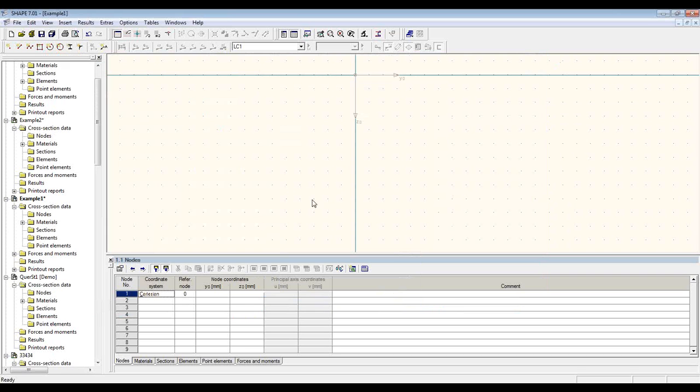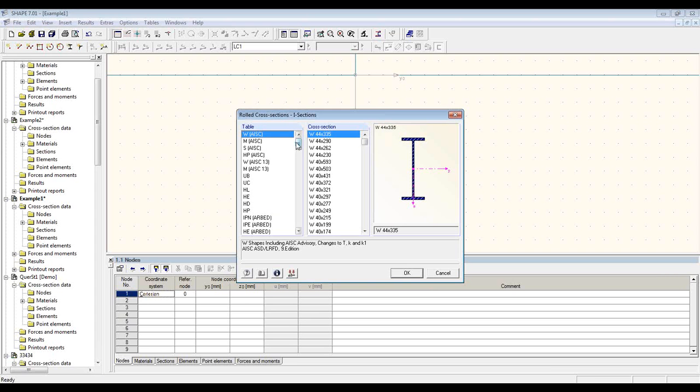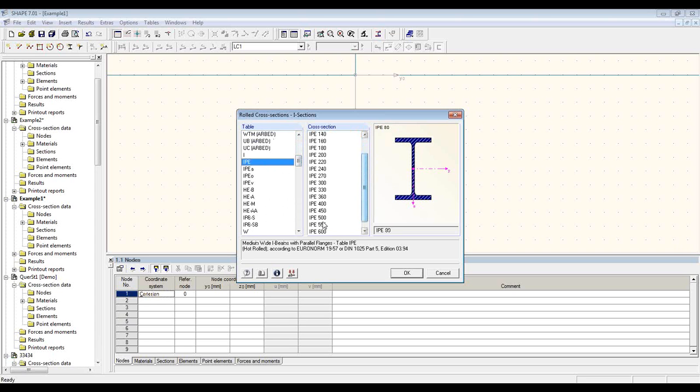Okay, so getting started here, my first example will be demonstrating one of the ways in which you can create sections in this program, and I'll be making a built-up column section out of standard I sections and then modifying them. I will be creating an opening and modeling some welds. So first I'll go ahead from the toolbar, open up the cross-section library, and here I can choose my I section for my first part of this. So I'm going to take an IPE 500,